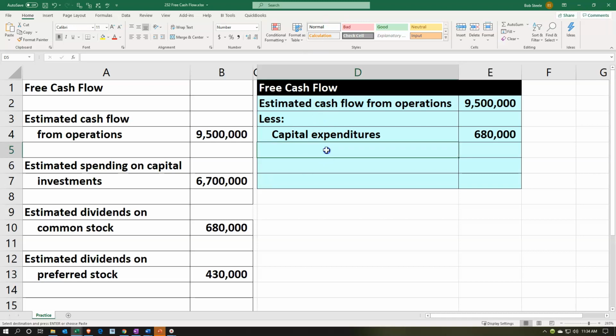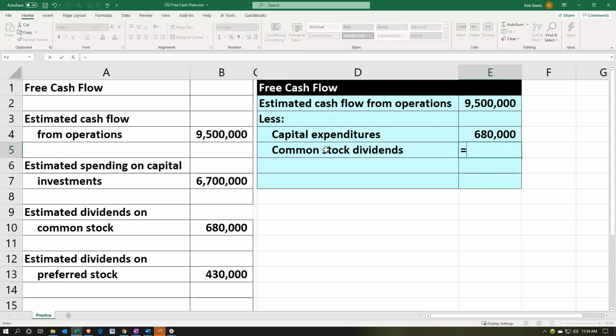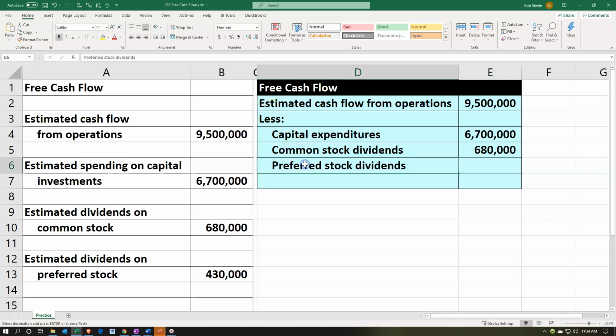And then we're going to have the common stock dividends. We're going to subtract out the common stock dividends. Actually, the capital expenditures are this 670, estimated dividends for the common stock. And then we're going to have the preferred stock dividends that we're going to have to pay out of the 430. So that's going to be the cash flow that's going out. So then the free cash flow is going to be the difference. Looks like we have a substantial amount still here that we can do other stuff with,